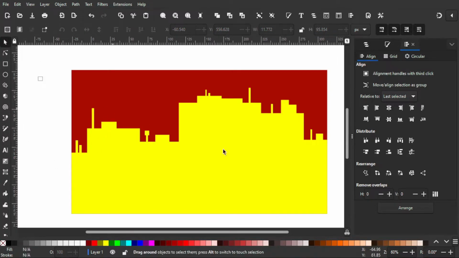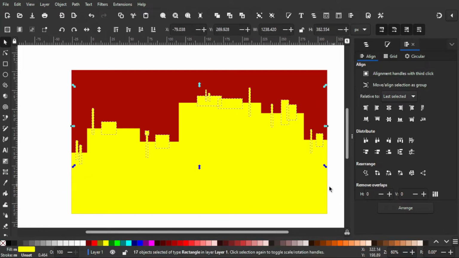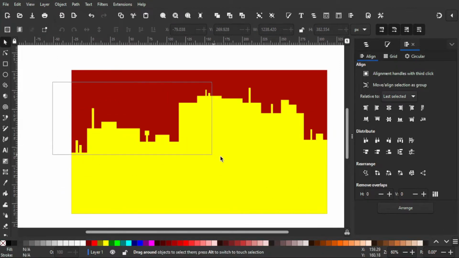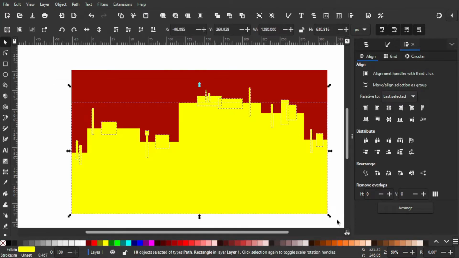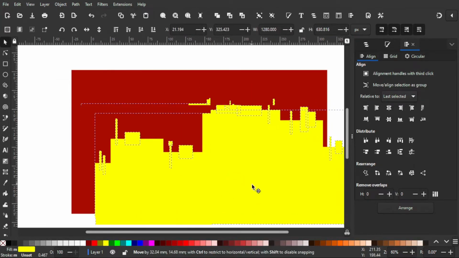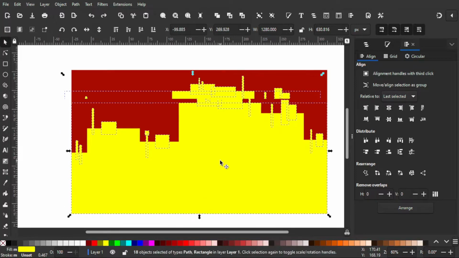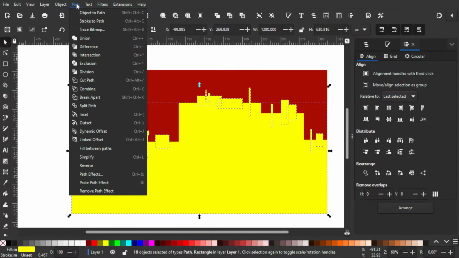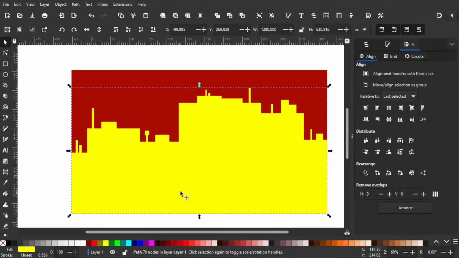Okay, I'm gonna block all of the yellow details by holding left click, and then I'm gonna unite that with the building. I'm gonna make sure all of them are selected, and then I'm gonna go to path and union.